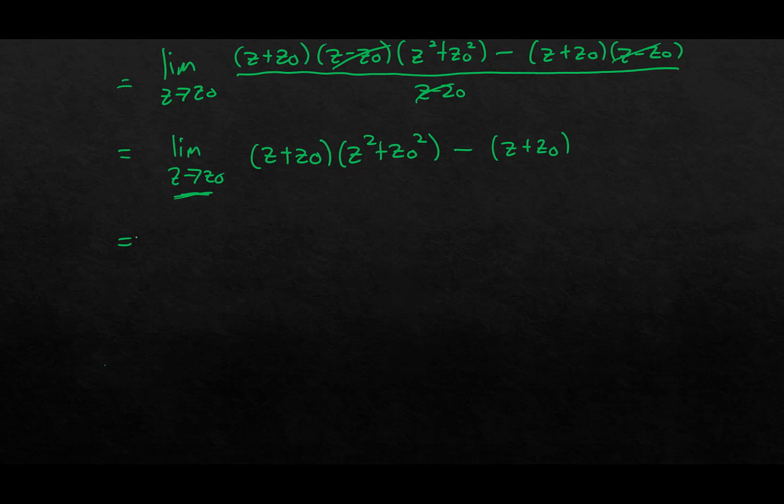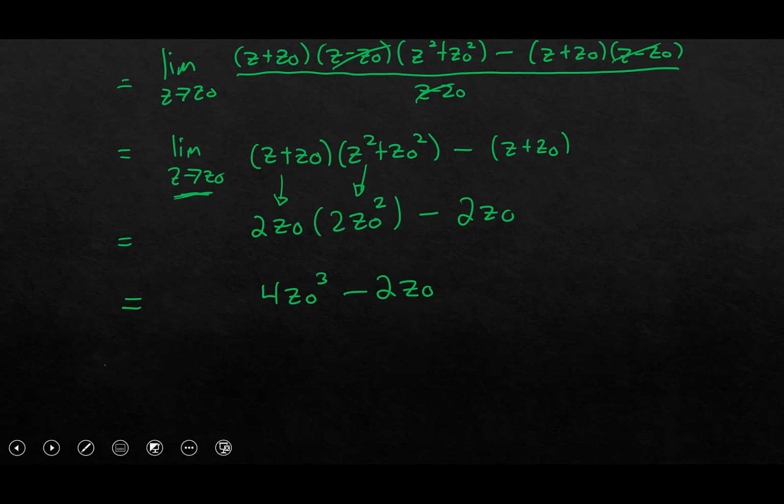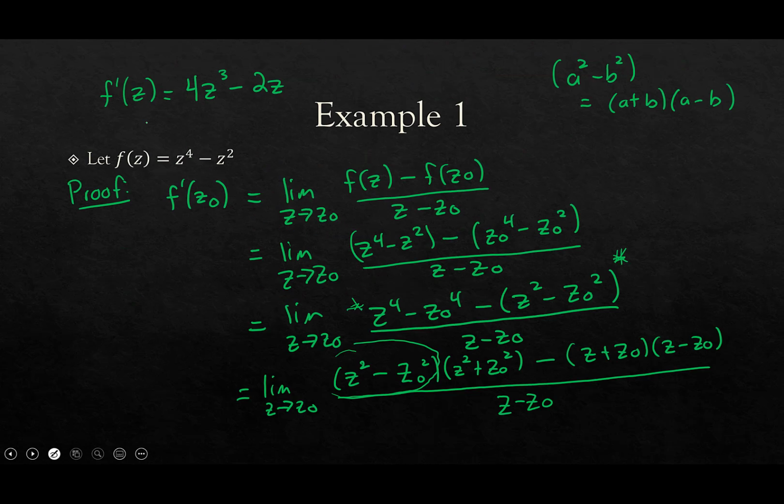Okay, so if we plug in z is equal to z naught, or we use the quote-unquote direct substitution property, we'll get 2 z naught from this term times 2 z naught squared from this term minus 2 z naught. Okay, putting these together, what do we get? We get 4 z naught cubed minus 2 z naught. And if we go back to the previous slide, that's exactly what, hopefully you guessed it, should be from